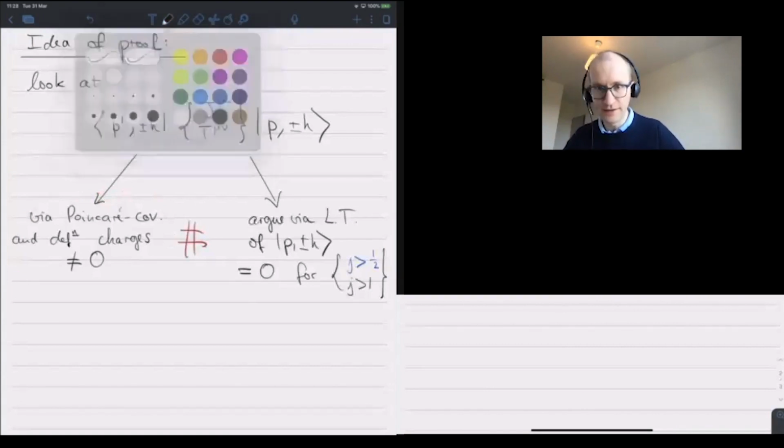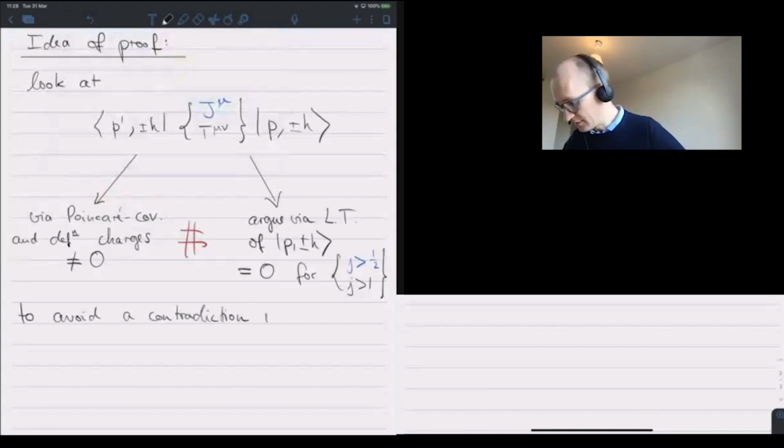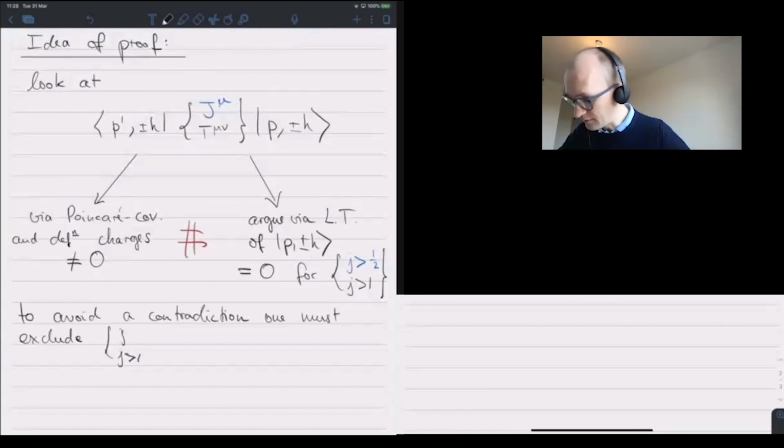To avoid this contradiction, one must exclude the particles which cause the contradiction. So J greater than 1, and in blue J greater than 1/2,